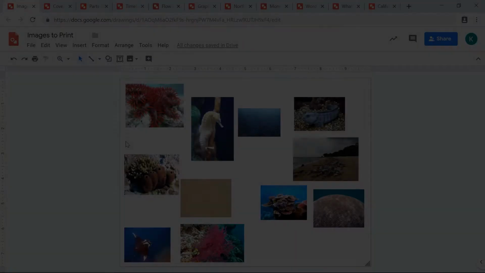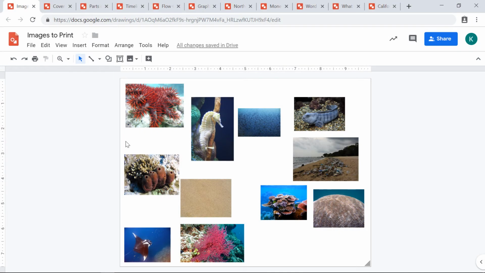in your classroom. The first two ways to use Google Drawings that I'm going to show you are pretty basic but very useful. In this first example, this is one of my student slides. She's creating a book in writing that's all about the coral reef. Her book is a handwritten book, but she wants to add in those real images. So what she did is she simply used Google Drawings as just a space to collect those images, and then we can easily print this one page, and she can cut apart those images and glue them right into her